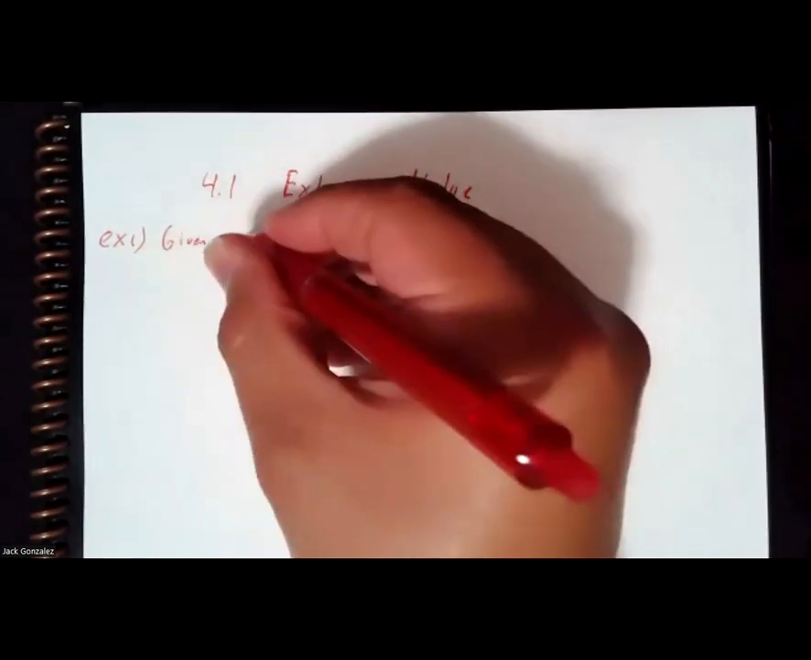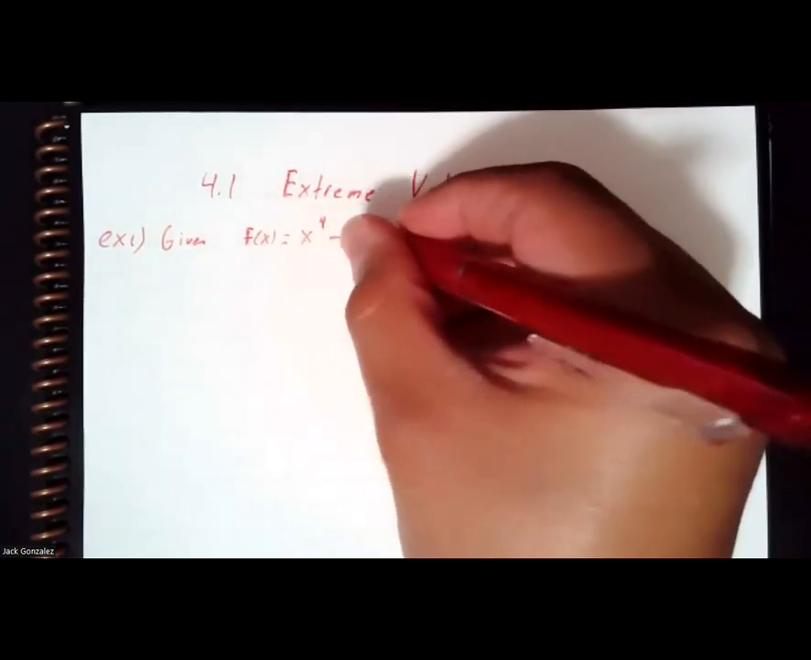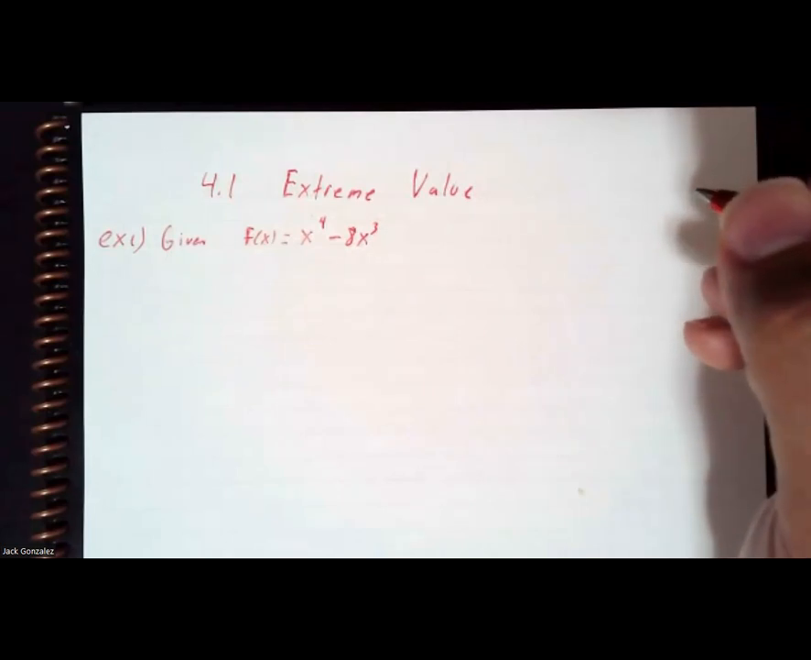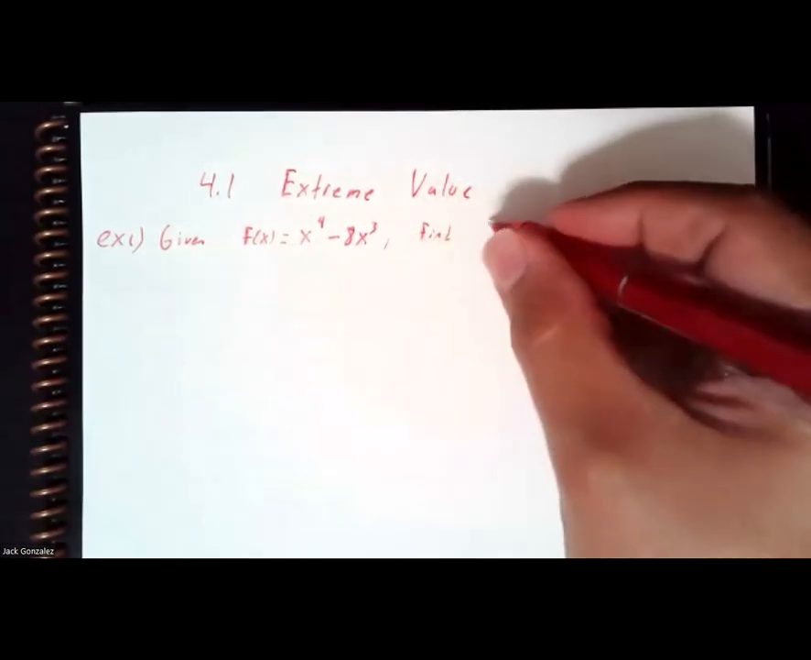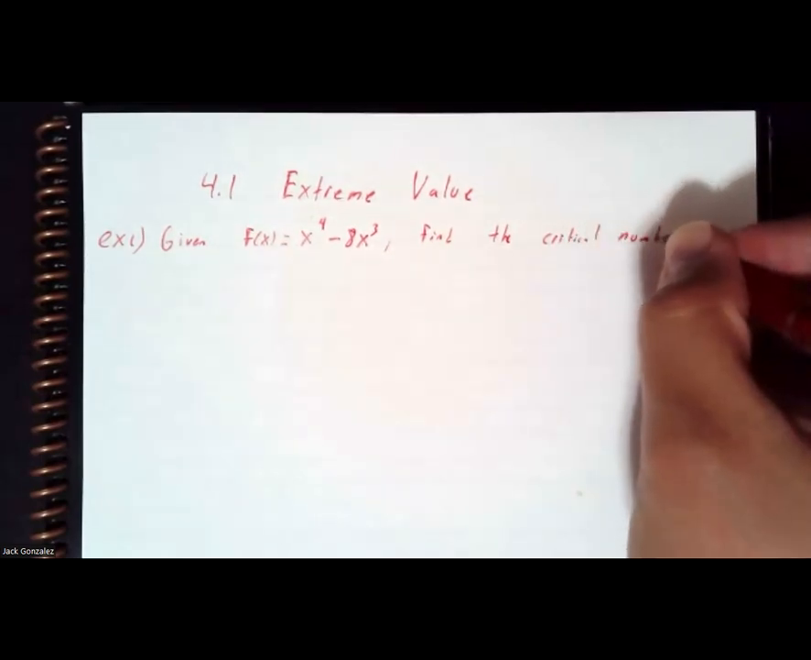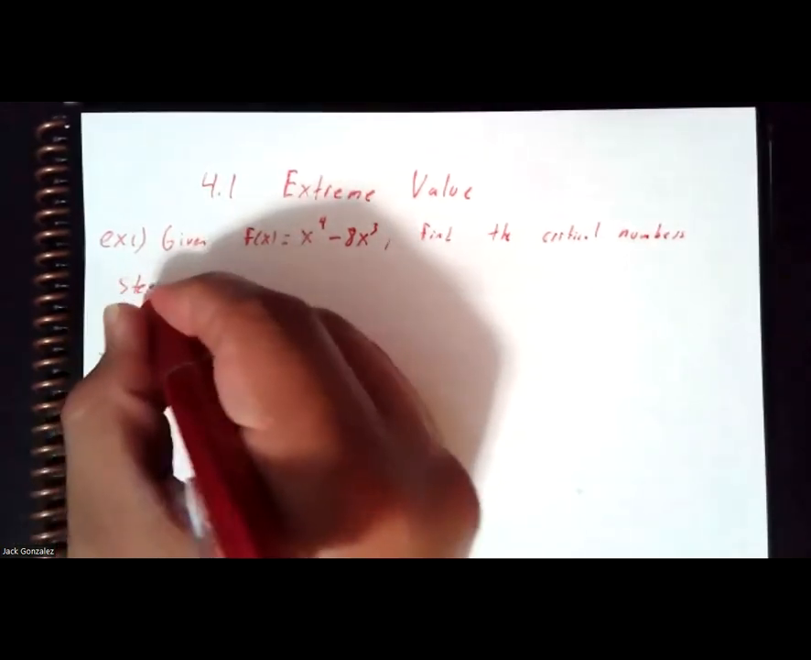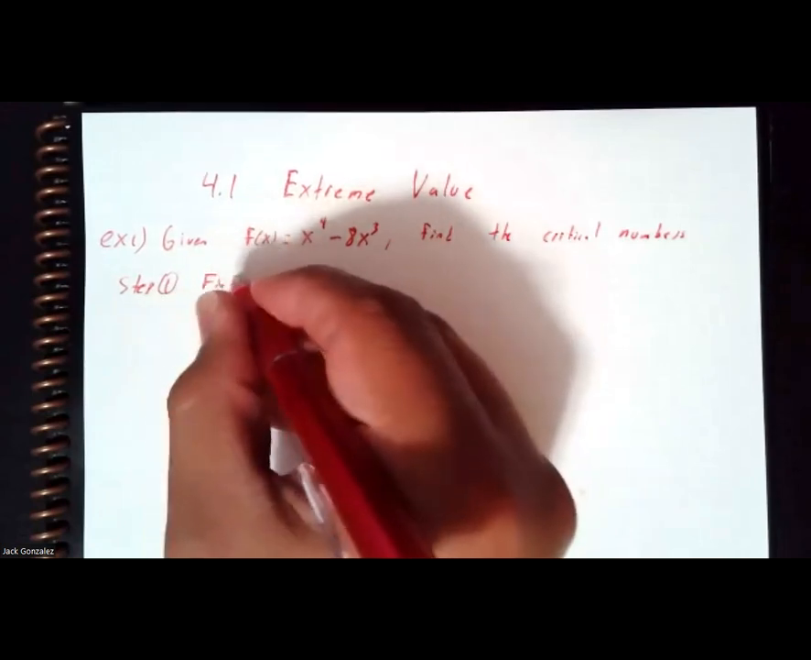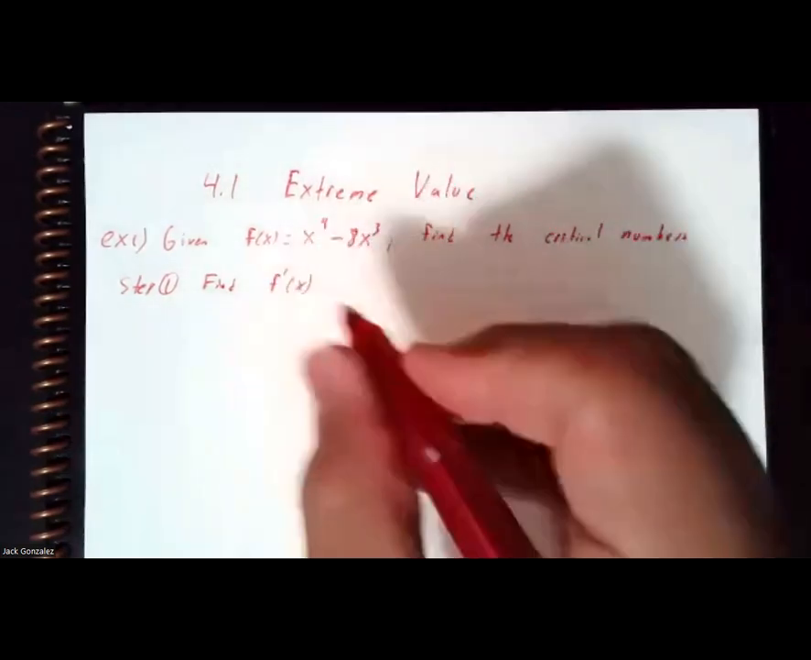So given f of x equal to x to the fourth minus x cubed, find the critical numbers. Okay, so step one, find f prime. So that would be